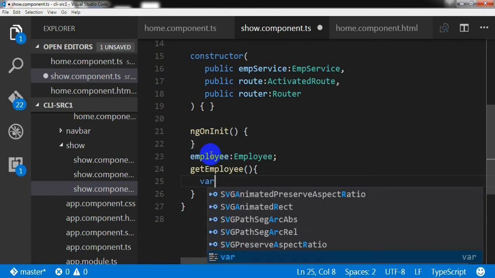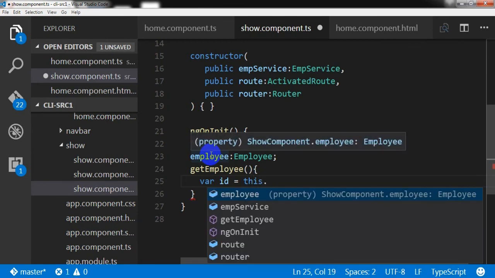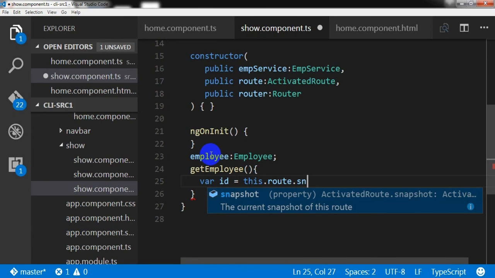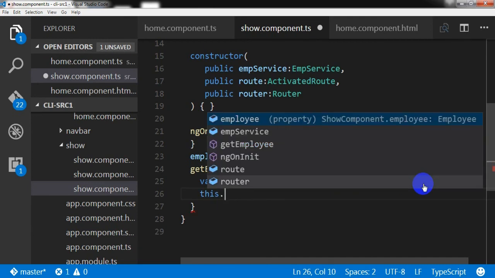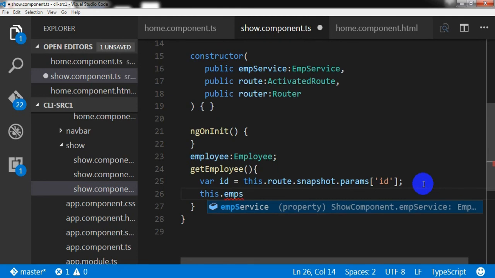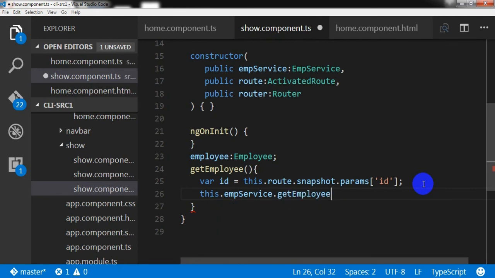I'm writing var ID equal to this dot route dot snapshot dot params and ID, and I'm going to use the get employee method from employee service, and for doing that I need to write this dot emp service dot get employee, not employees, to get the single employee, and I need to pass the parameter ID what I got here,